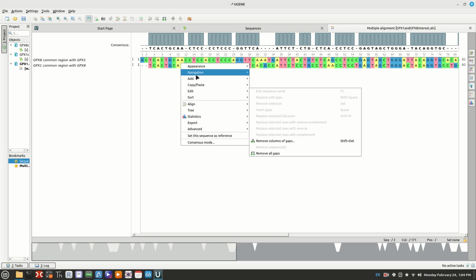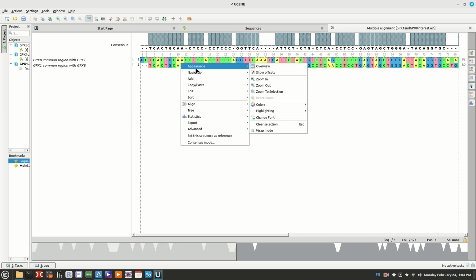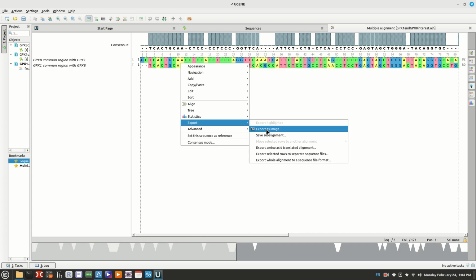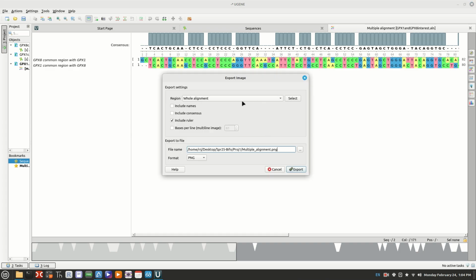Now, there are a couple of ways. Appearance, we probably want, well, let's just see what it looks like. But we will export as image. All right, and we want the whole alignment. If we have more than 2, I would say include the consensus. It really doesn't make sense with just 2. That doesn't include names. No. Bases per line. We'll just call this multiple alignment, and I'm going to call it